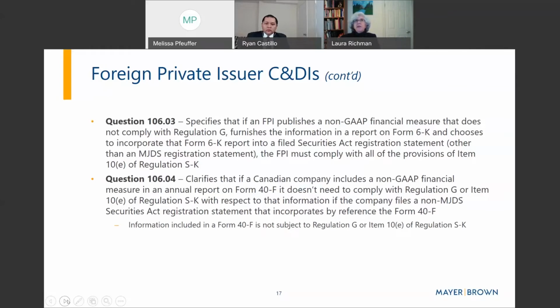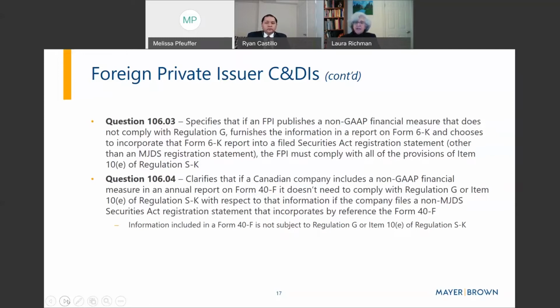Now, this is a lot of detail I went over quickly about staff guidance, and the purpose wasn't to, in effect, get you to remember all of these specialized interpretations, but really to emphasize that there are a number of helpful interpretations out there that might directly apply to your situation or might apply by analogy. So it is very useful to be aware of this resource and make use of it when you're trying to make decisions as to your non-GAAP presentation.